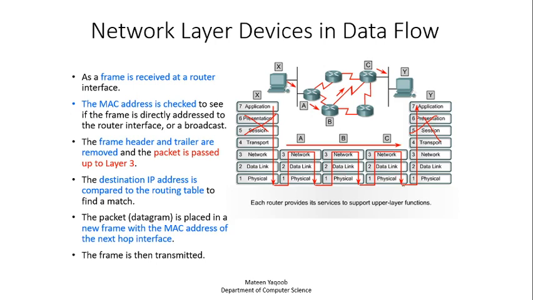So at the receiver, Y, or the destination entity, firstly the physical layer will work in such a way that it will convert the bits back to the data link layer, and it will check for the destination MAC address and then pass on to the network layer, and it will check the data for the destination IP address and then pass on to the transport layer, which will check whether it is a TCP packet or a UDP packet.